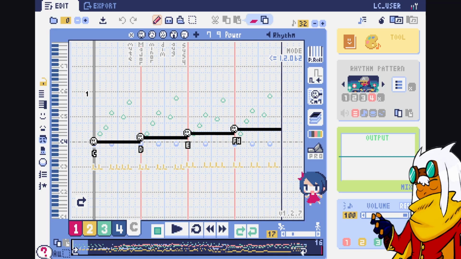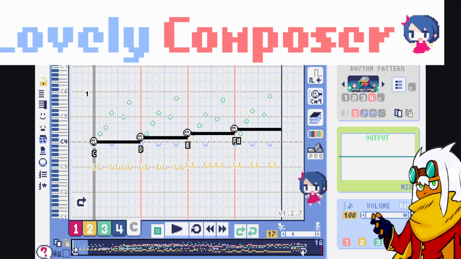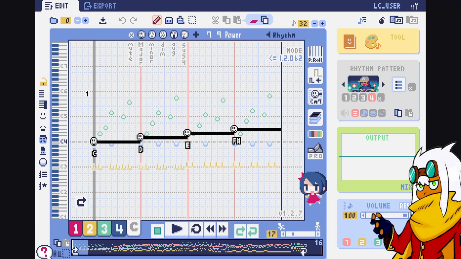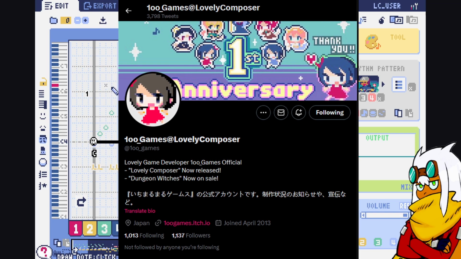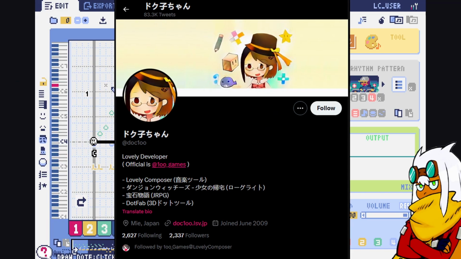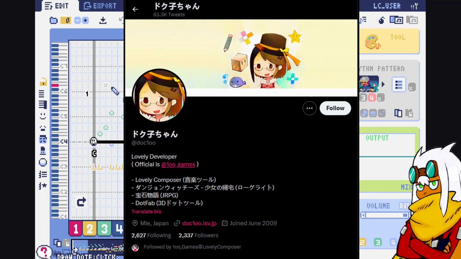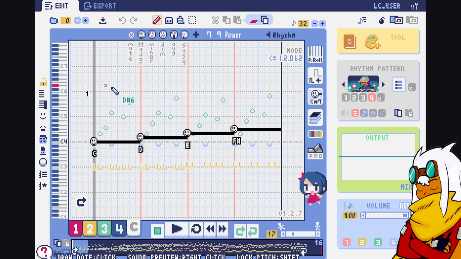Basically all we have here is a program called Lovely Composer, which was put on itch.io by a user. I don't know if it's a game development company or just one person. Let me look that up real quick. Okay, so it's made by, I don't know how to pronounce this, to be honest. They're a Japanese developer that makes a lot of pixel stuff in general. I have not looked into the rest of their stuff, but Lovely Composer itself is